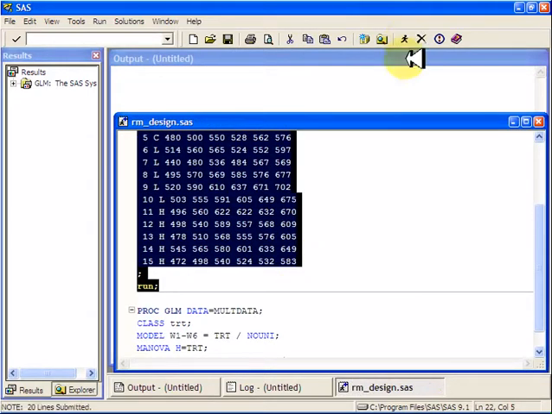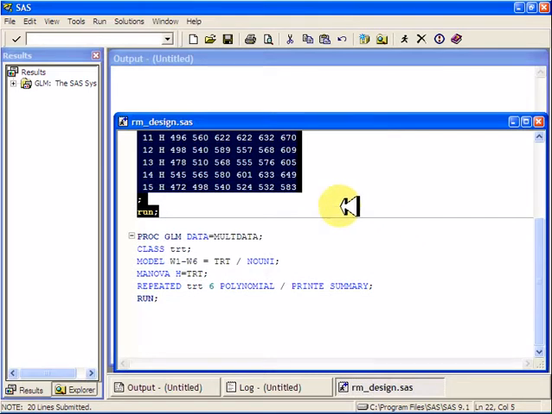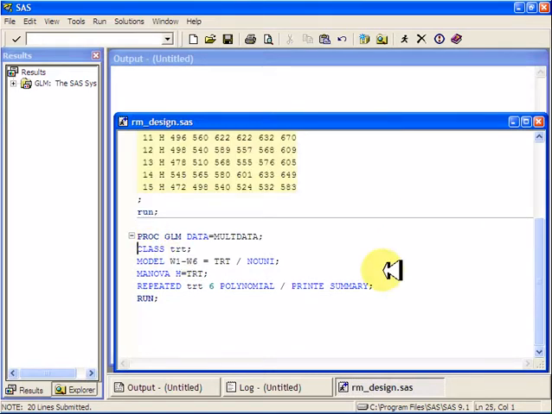And then I'm doing this repeated statement down here. This is going to fit the polynomial trends that all of